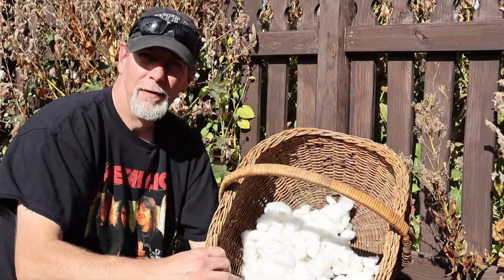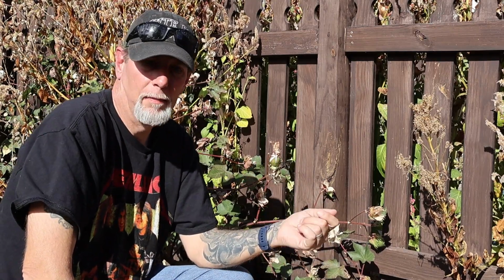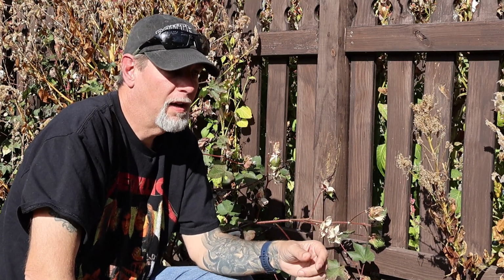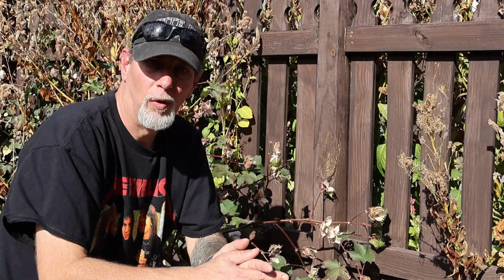picking my little basket of cotton and get this cleared out, because these plants are about done now. I do have some bolls on the plants that have not sprouted open yet, and they still might, because we got this little warm temp that's popped out here for a couple of days. But we've had several frosts now over the last couple weeks, maybe 3 weeks. We've had frost on multiple days, so the plants are kind of dying off now, because cotton isn't cold tolerant,